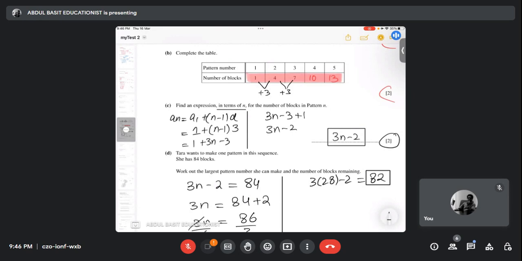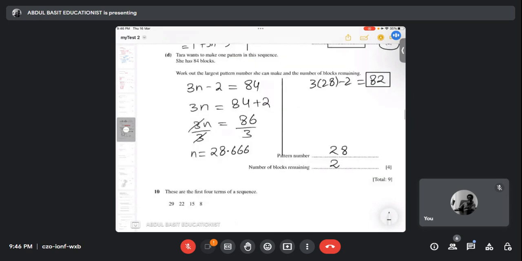अब वो देखो क्या है कि तारा वांट्स टू मेक वन पैटर्न इन दिस सीक्वेंस। तारा इस पैटर्न में एक सीक्वेंस बनाना चाहती है, लेकिन उसके पास 84 ब्लॉक्स हैं और शी वांट्स टू फॉलो दैट सीक्वेंस, ये जो ऊपर गिवन है। तो हमारे पास उसका फॉर्मूला गिवन है, 3n माइनस 2। हमने n निकाल लिया कि कितने नंबर वो बना सकती है। शी कैन मेक 28 बट दिस 0.6 इज लेफ्ट। तो हमने चेक किया कि 28 पैटर्न में वी कैन यूज ओनली 82 ब्लॉक्स। हम इसमें 29 पैटर्न नहीं बना सकते।